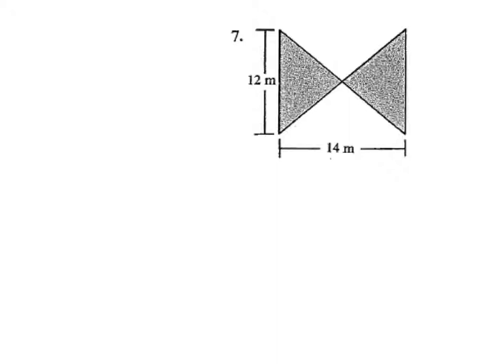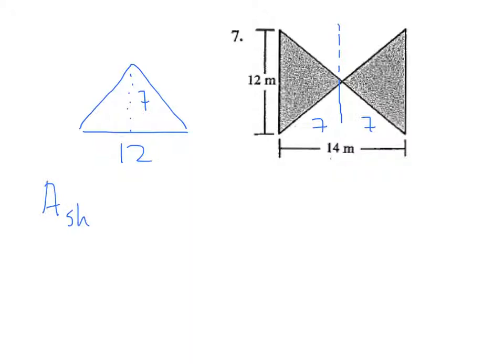The easiest way is to imagine that you have two triangles which have a base of 12 and a height of 7, and that height of 7 is because the whole thing can be split into the two pieces, and it would be 7 on the left side and 7 on the right side. And if you turn that triangle 90 degrees, you realize it can sit on the base of 12 and have a height of 7. So to find that area of the shaded region, area subshaded, it's 2 times the area